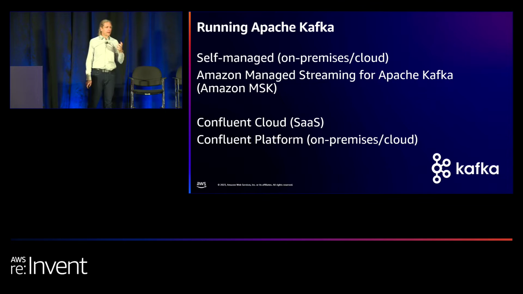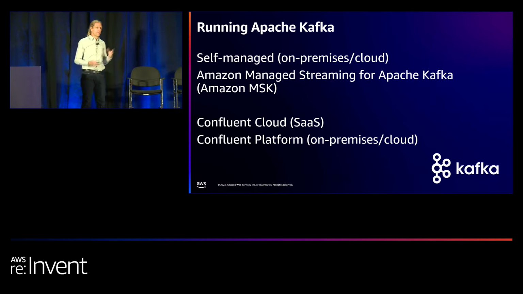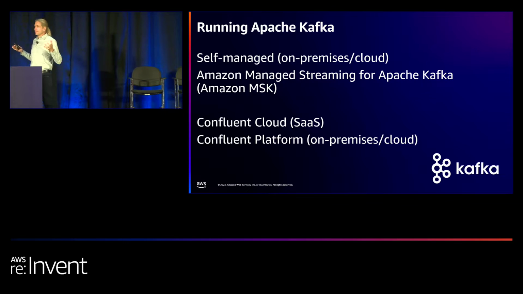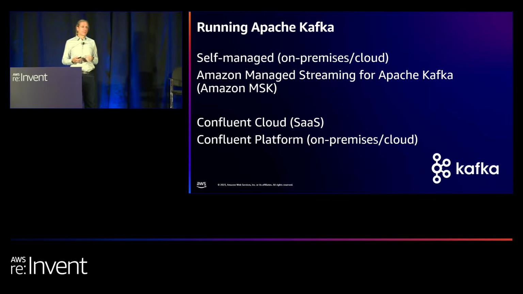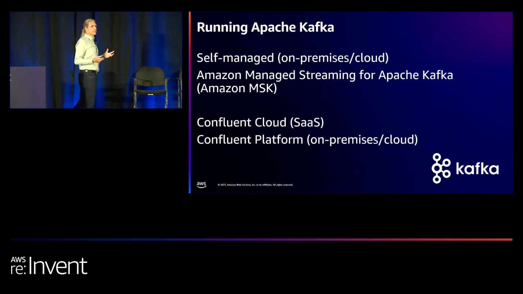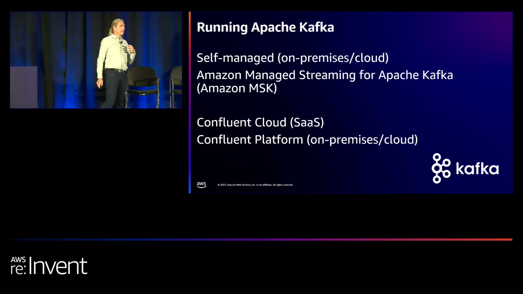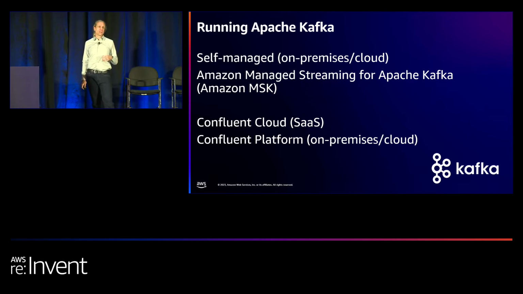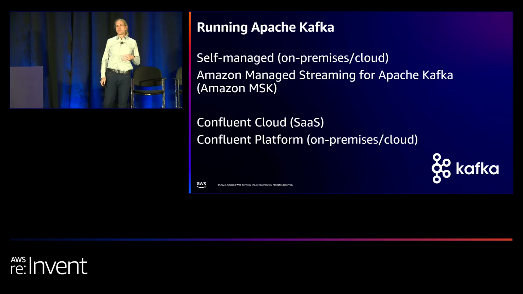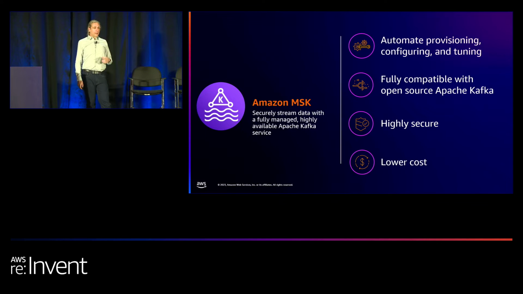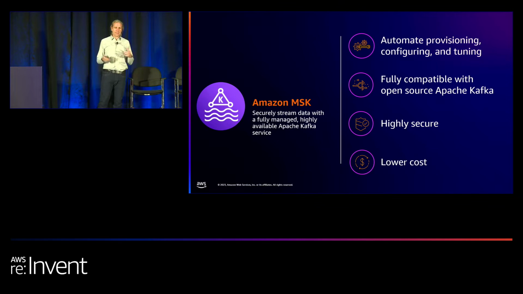And then we do have Amazon Managed Streaming for Apache Kafka, Amazon MSK, where we're just going to handle a whole bunch of that stuff for you as well. A lot of customers use Confluent, one of the original developers of Kafka, and Confluent has two great ways to run it: a SaaS-based model with Confluent Cloud, or you can use the Confluent Platform. This allows you to install Confluent Platform yourself, again, in your own data center or on EC2 in the cloud. So, just talking about Amazon MSK, this makes Kafka really secure and highly available and accessible